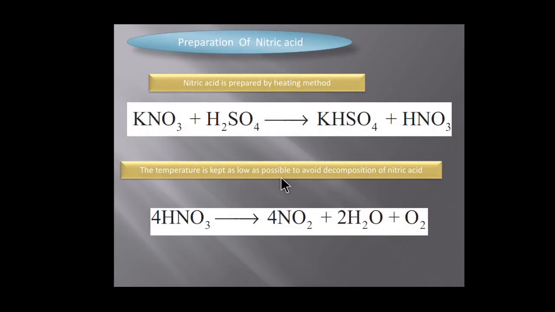And now we are going to enter the topic. We are going to prepare nitric acid. Is it clear? We have discussed the nitrogen group of elements, so now we are going to prepare nitric acid. In the first method, nitric acid is prepared by heating equal amounts of potassium or sodium nitrate with sulfuric acid to form potassium hydrogen sulfate. It is an excess product, but our main product is nitric acid.